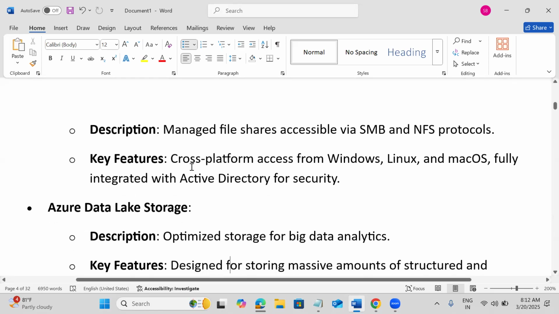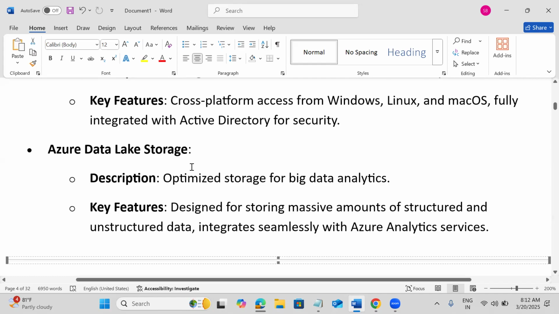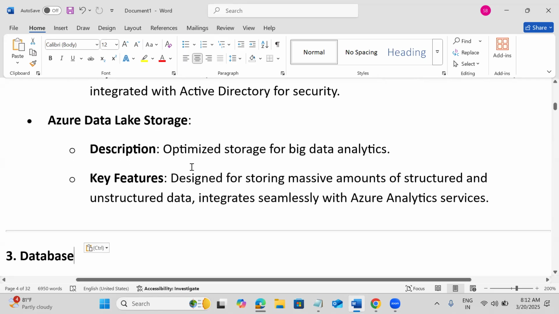And for data analytics or big data kind of analytics, we need to store the data. We'll have huge data we need to process. All the data we are going to keep in the data lake. We are going to use Azure Data Lake Storage.